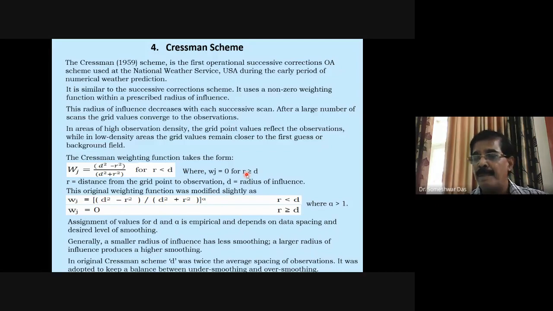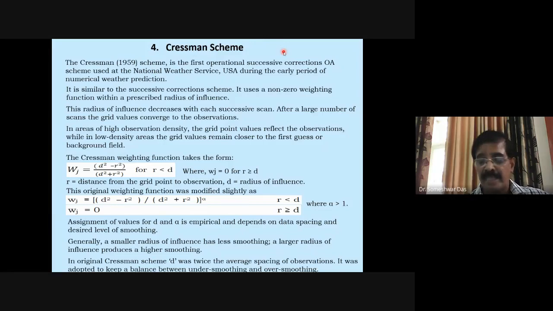And IMD produces, earlier we used to have 1 degree by 1 degree analysis. I think now it has reduced down to 0.5, I don't remember the latest one, probably 0.5 degree, about 50 kilometer resolution data. And they are trying to further improve the resolution. In all these kinds of gridded analysis, generally the Cressman interpolation technique is used. For operational NWP nowadays, more complicated schemes are used, like the multiple interpolation scheme, which we shall discuss tomorrow.